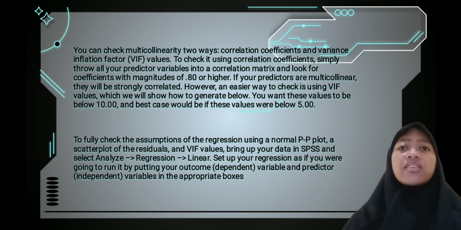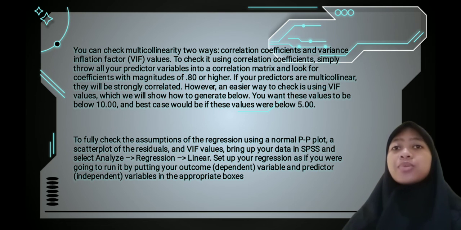After that, regression and linear. Set up your regression as if you were going to run it by putting your outcome or dependent variables and predictor or independent variables in the